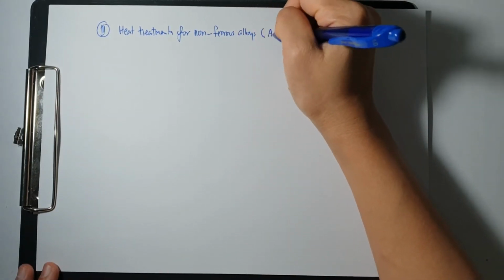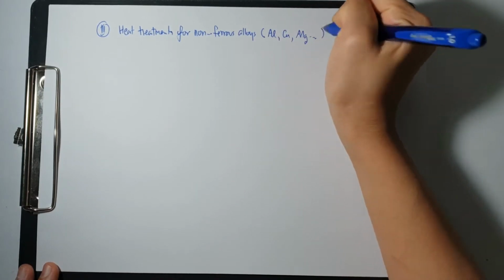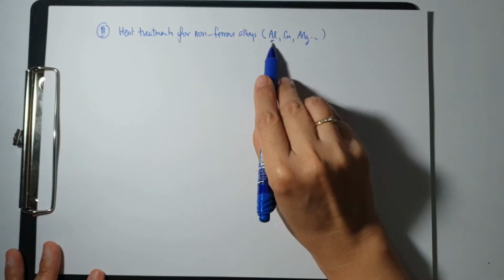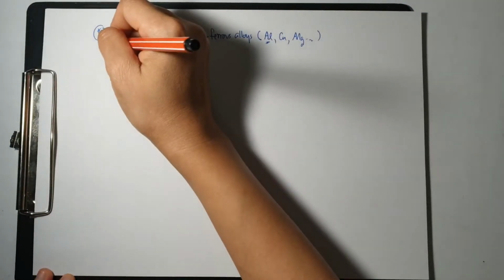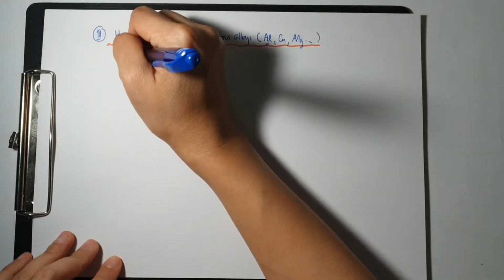That would be for aluminum, copper, magnesium, and so on. And in this review, I'll be talking about aluminum alloys. And the main heat treatment for non-ferrous alloys, we have the